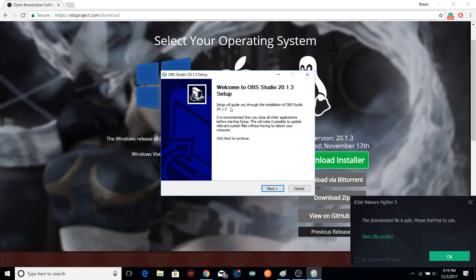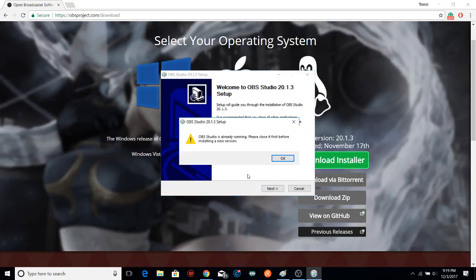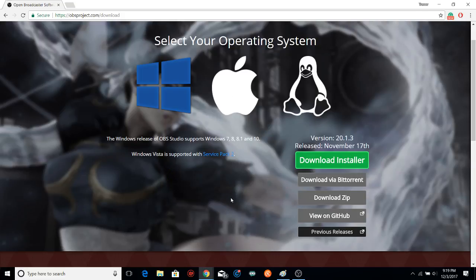So now what popped up was just a little prompt, do you allow this to download to your computer? And I said yes. So now you're going to go through the setup. You're going to click next. But I cannot go through it because I'm using OBS right now. So you just click OK, and then you just follow the installer through